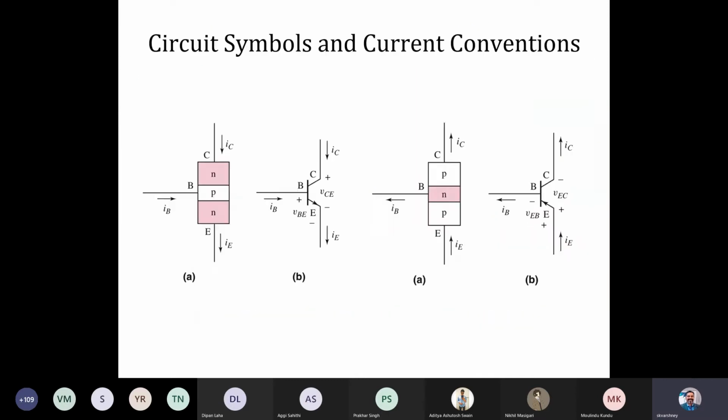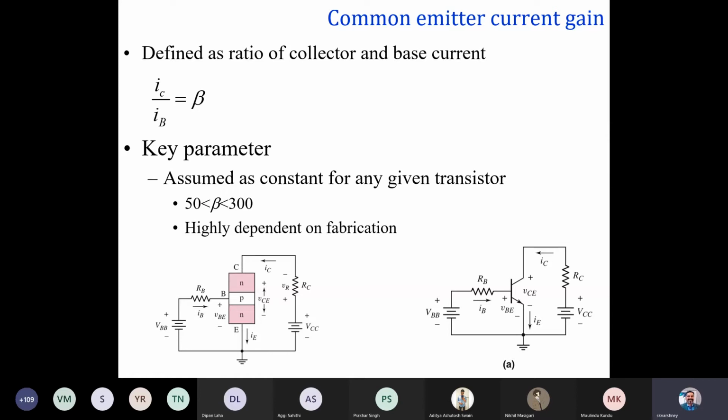I think this is what I already told you about. This is a very simple circuit, let's say with one resistor. Right now I'm not focusing on what combination of resistors we use, like in your experiment, where you have a voltage divider circuit at the base terminal. But let's say this is one resistance RB connected to the battery. The emitter terminal is grounded, so we call this configuration common emitter.